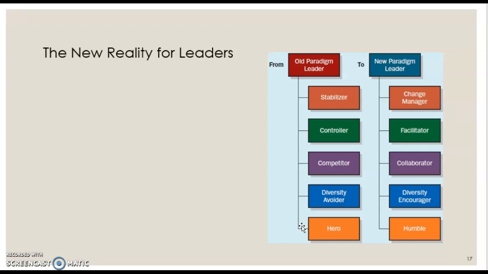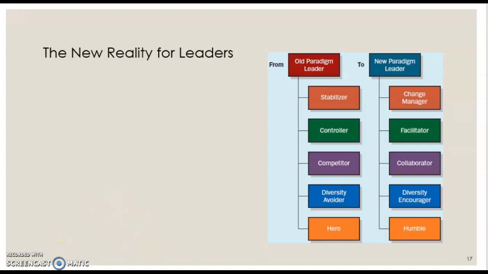Notice that it goes from hero to humble, depending on which paradigm you're looking at. That's an incredibly important one because humble leaders are leaders who recognize they never do anything alone. That if it were not for the talents, capabilities, and skills of the people who report to them, or report to the people that report to the leader, there's no way anything would get done. Humble also means gratitude, one of the most important words in leadership, and incredibly forgotten is gratitude.